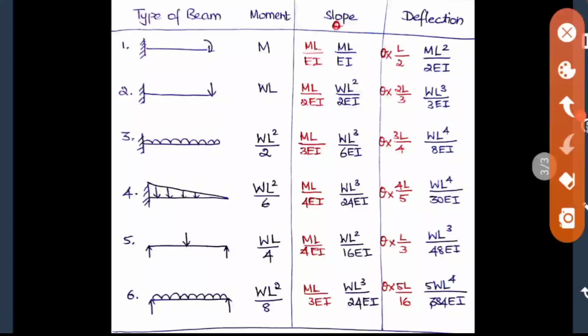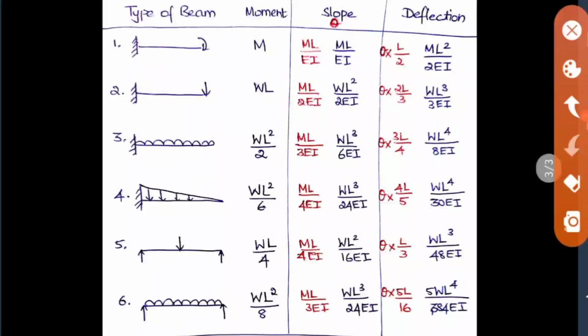So for this case only the moment M is occurring, so the moment is directly equal to M. And here, when this is W and this is L, the moment will be equal to WL, so I have written WL here. And when the case is UDL in the cantilever beam, it is W into L, so this is your load, and you will be multiplying it by L by 2, so W into L into L by 2 will give you WL square by 2.